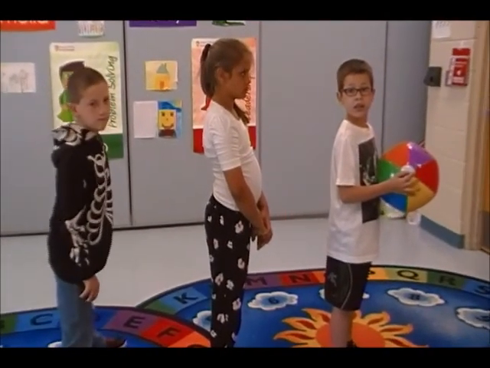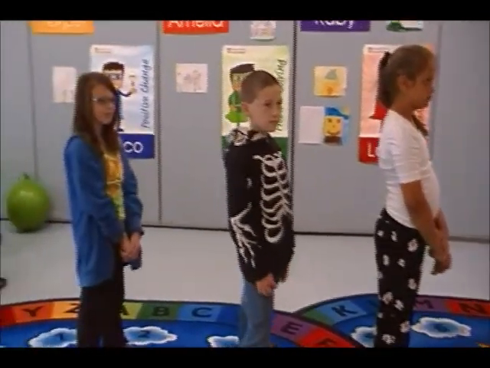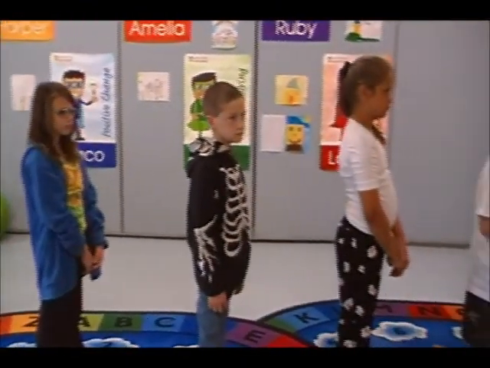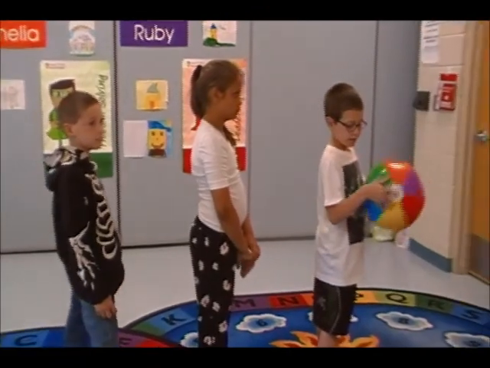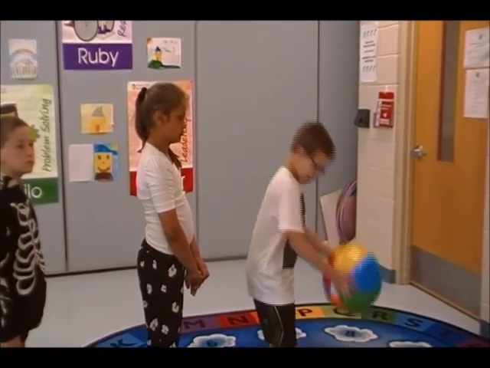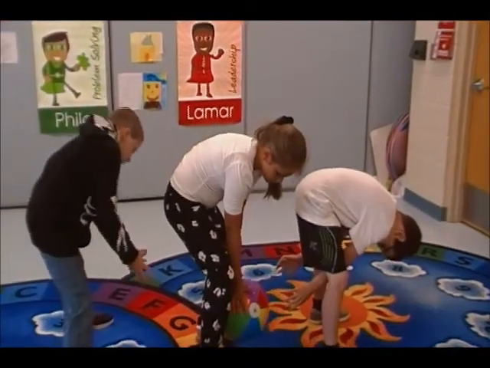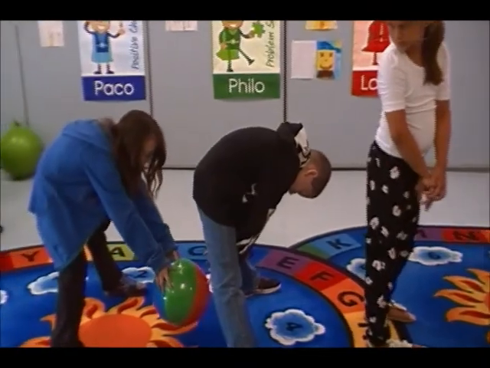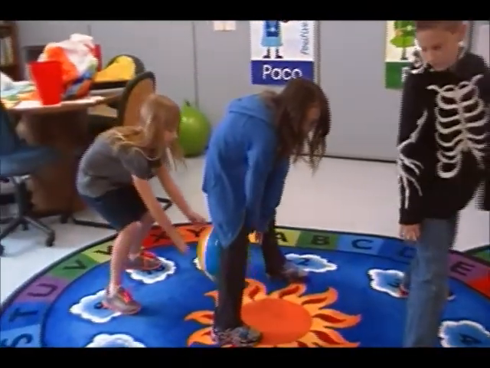During the ball pass, you and your team will line up facing each other's back with an arm's length in between you. The first person in line will get a beach ball. When the parent volunteer says start, the first person will pass the ball under their legs to the next person